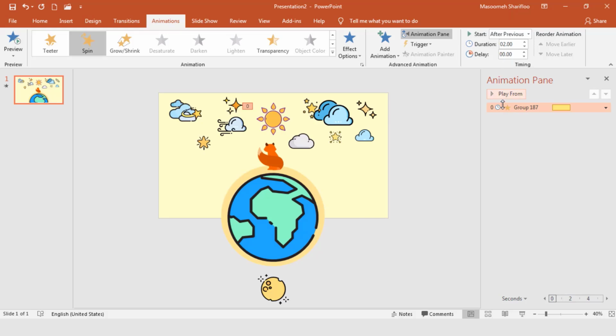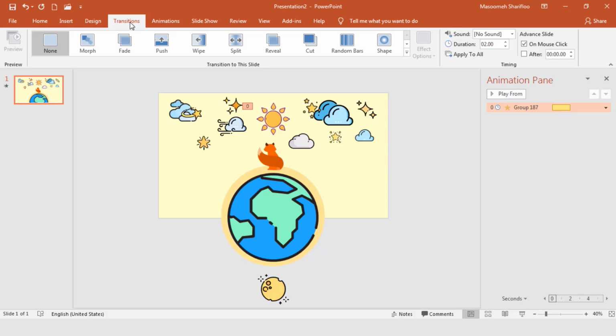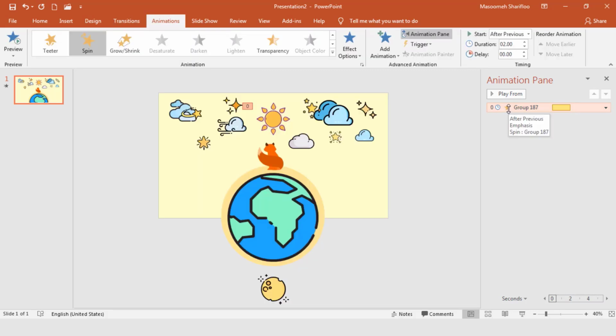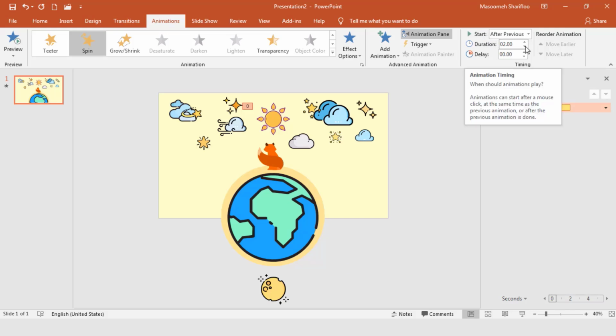What is the difference between After Previous and With Previous? If the first animation on the slide is After Previous, it will be played after a transition effect, if the slide has any. But if we select With Previous as the first animation, it will be played simultaneously with the transition. I regulate the start in After Previous so that after playing the transition, my spin effect starts. I regulate the duration on